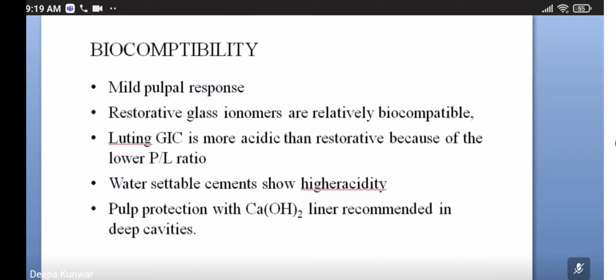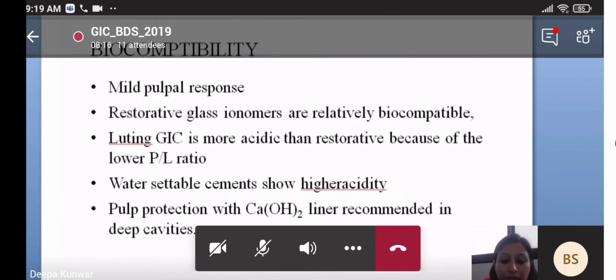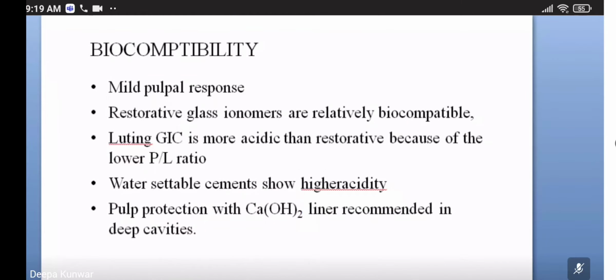Okay, blotted dry, because after cleaning there will be discharge of water or anything, so the environment will be wet. The composition of the enamel and dentin has water in it. So it should be blotted dry with the help of a cotton pellet, gauze piece or anything that is used for the blotting of the teeth.